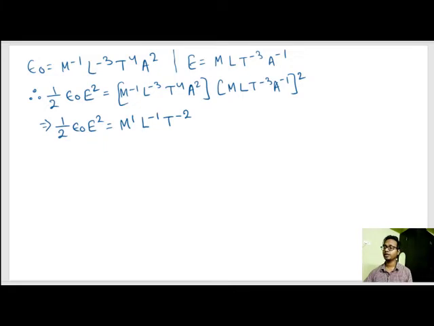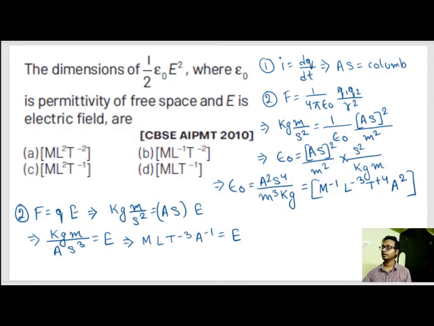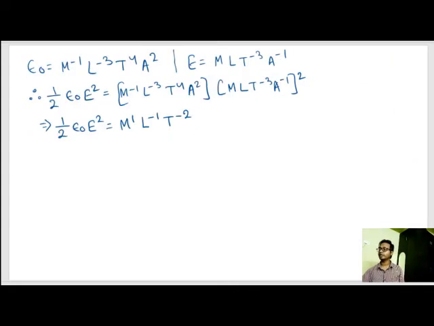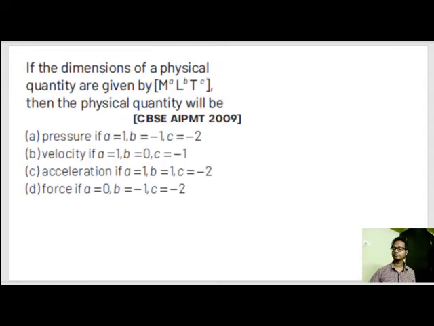So our correct option is, let's check the options, option number B. Well, understood what I did up here? M to the power minus 1 into M square is M to the power minus 1 plus 2. I have taught this a little bit before. Okay. Now let's look at the next question.